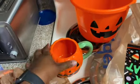All right, you guys, so I went to Kroger earlier today and I picked this up. Sorry, I didn't lay everything out, but I picked up a trick-or-treat pail, and I'm just gonna put some popcorn in there. I don't know what that is, just like a little spongy. I'm gonna put the popcorn in here. I picked the girls up